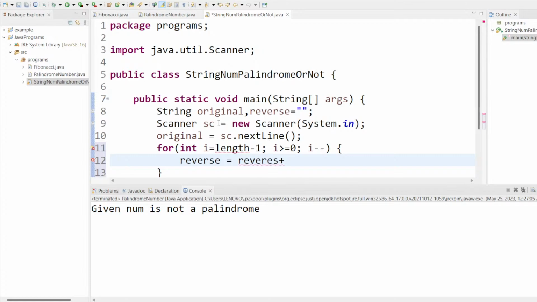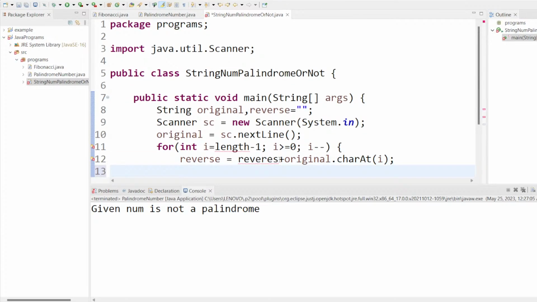So what is our original value here, which I am going to enter from the keyboard, right? For the reverse concatenation, I want to get the particular value on an index basis, so that is why I am using charAt of i here. Reverse equals reverse concatenation of this one, i equals to,